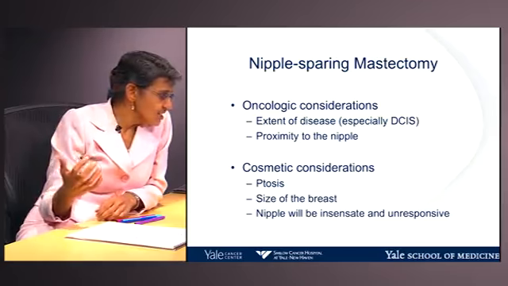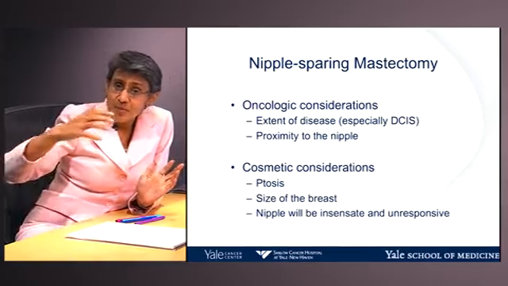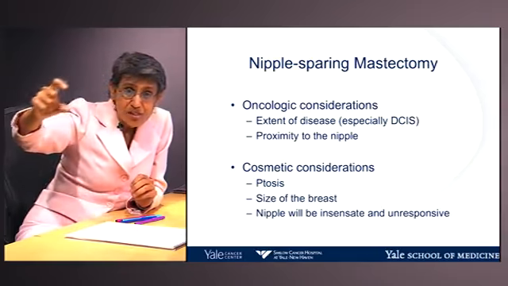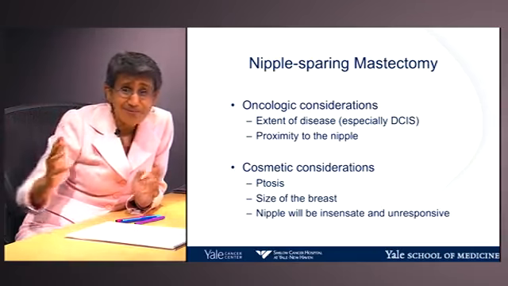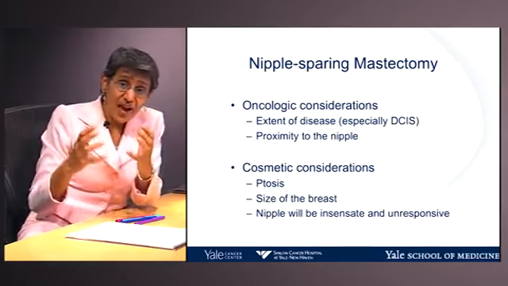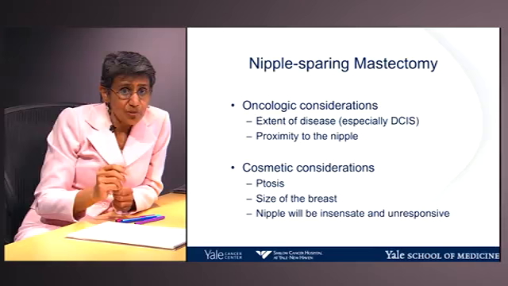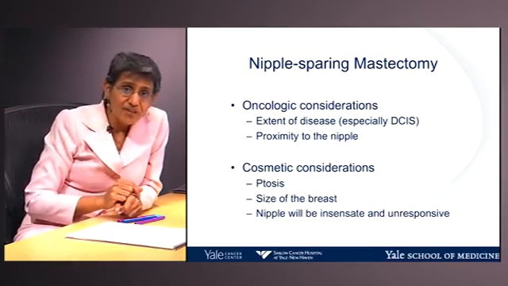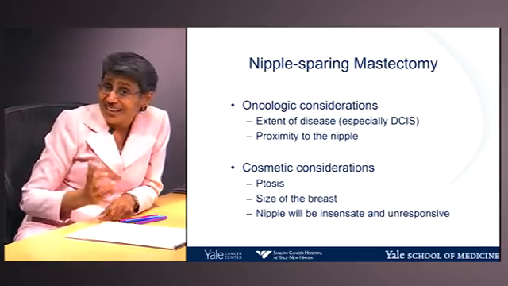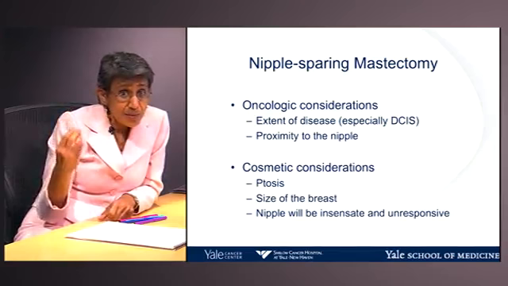Now, on the oncologic side, you need to think about extent of disease. If there's a lot of disease, especially ductal carcinoma in situ, where it's inside the pipe, inside those ducts, and all of those ducts go to the nipple, you might not want to keep the nipple there. Another thing is if you have a cancer that's very close to the nipple. Again, you might not want to leave the nipple there if you're worried about cancer involving the nipple. We'll talk about Paget's disease when we talk about special types of cancer. That's another one where you really don't want to leave the nipple because in Paget's disease, the nipple itself is